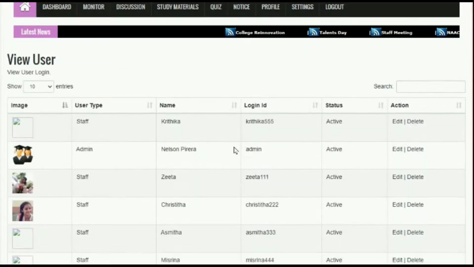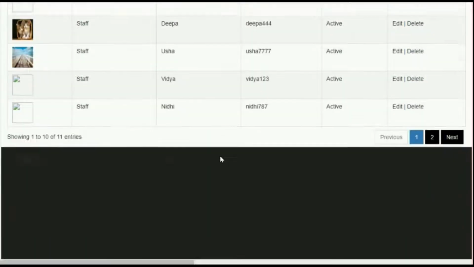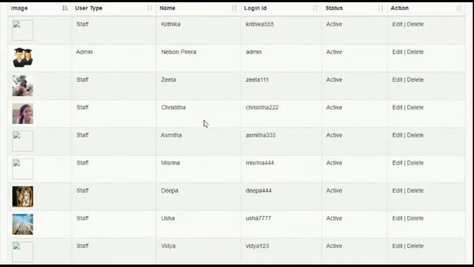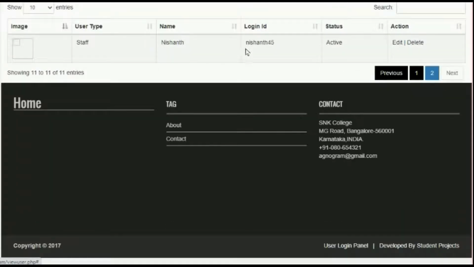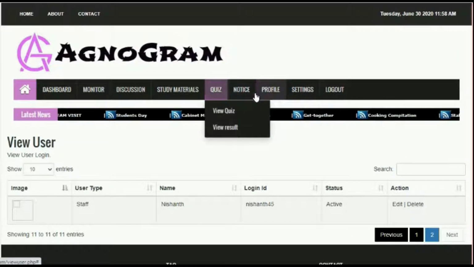All the added users can be viewed under View User. The image of the user can only be added by the user itself. Admin also has the actions edit and delete.